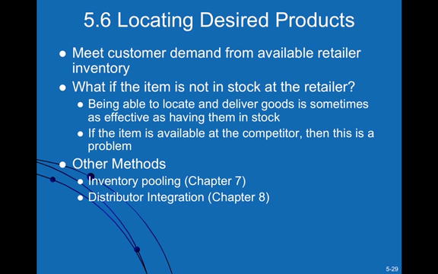So sometimes you could try to meet when customer demands happen. When customer demand happens, if the company has multiple stores, usually the customer just wants to know that they could get the product relatively quickly, and so you might be able to fulfill that order from the inventory of another store. And so in a case like that, the ability to locate a potential source of that item is actually quite important.